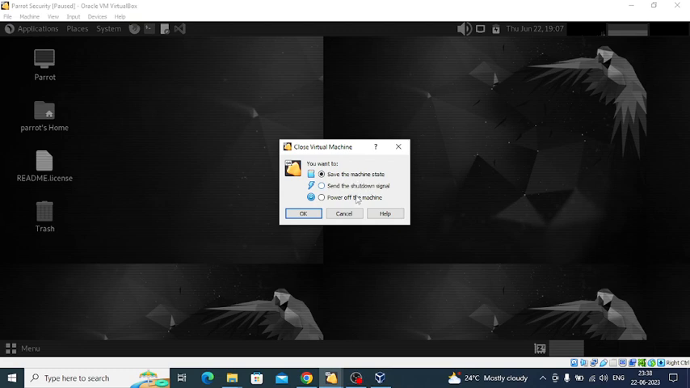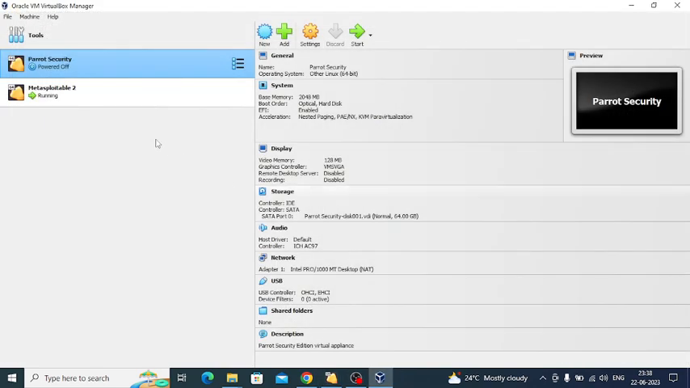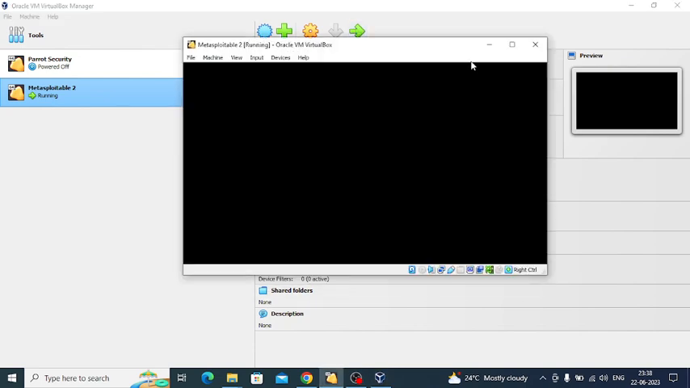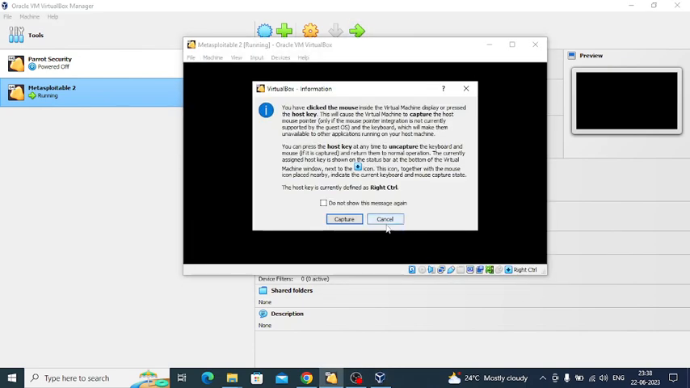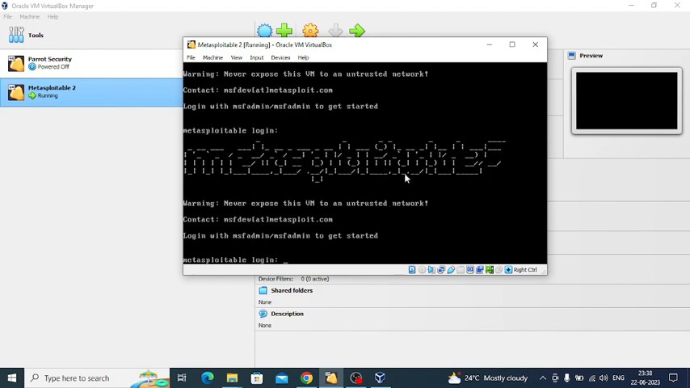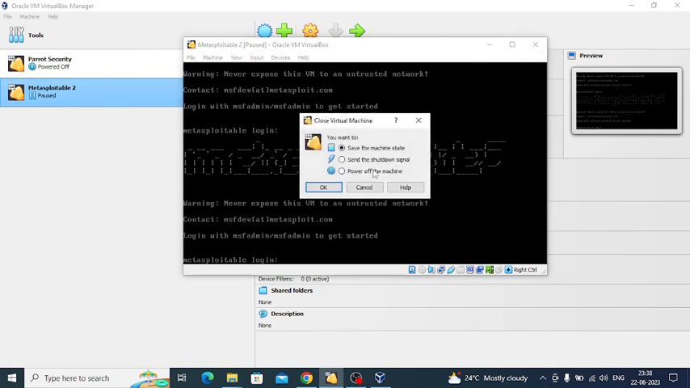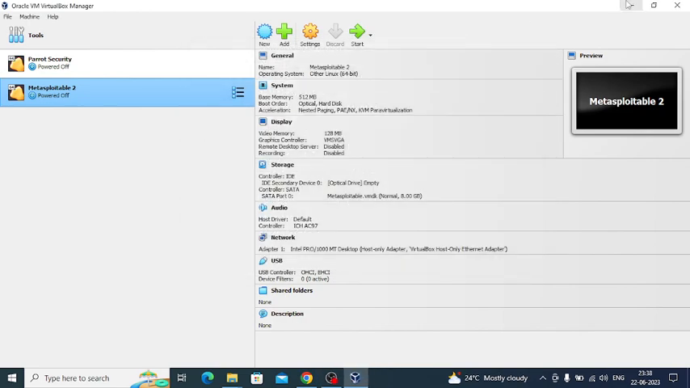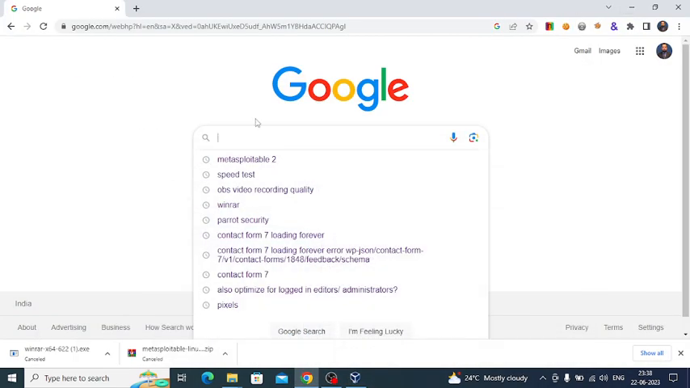And if you want to power off the machine, you should select this option, and it will be powered off, and later you can start it whenever you want to practice again. So now we will power off this machine. Metasploitable 2 we will also power off. This is also powered off, and now we will